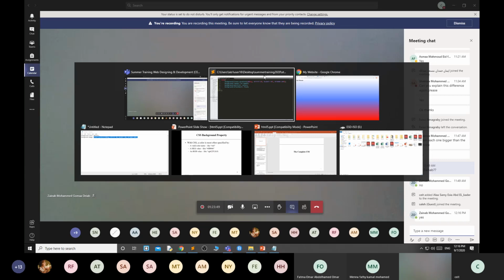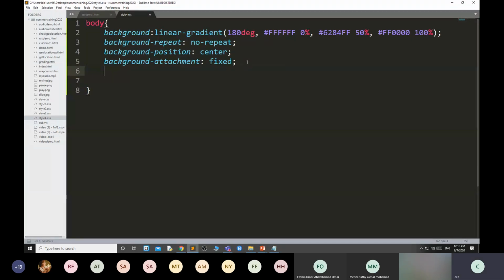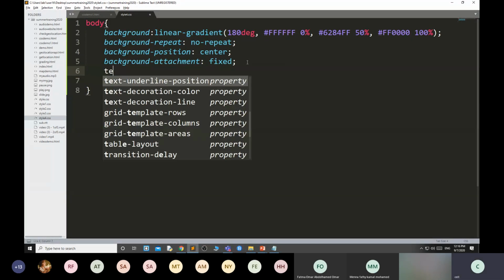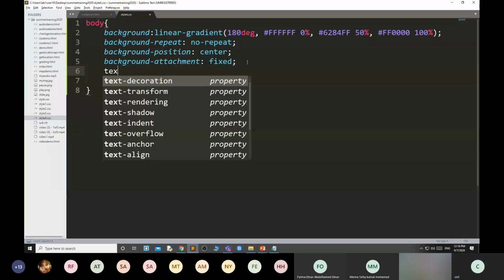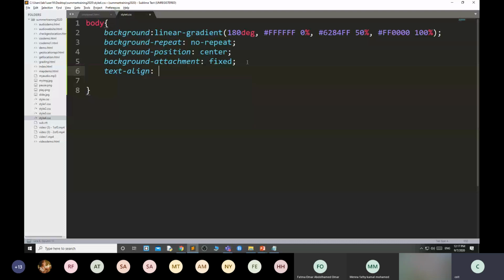Okay. Then I want to apply some more style to this body, like text align. Text align means in which way you want to see the text, from left, right, center or justify. I am using text align justify.